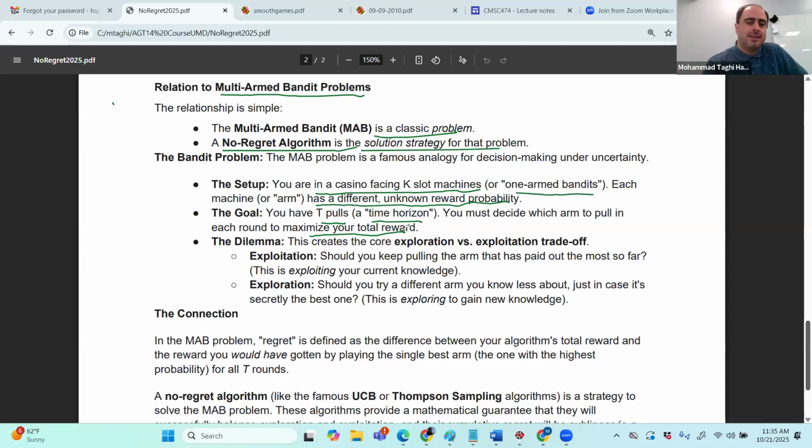Generally, for these, there is this concept of the exploration versus exploitation trade-off. This is a similar thing to what we have, for example, in the secretary problem. Secretary problem for online decision making also has such a trade-off. Exploitation is: should you keep pulling the arm that has paid out the most so far? In some sense, you are exploiting your current knowledge. Or there is exploration: should you try a different arm that you know less about? And in this case,